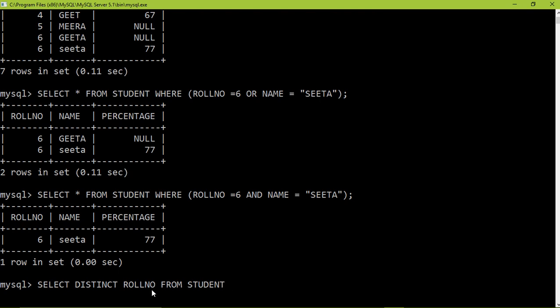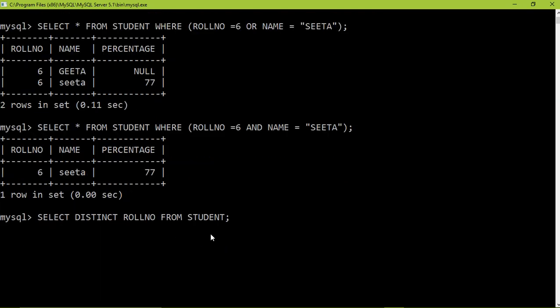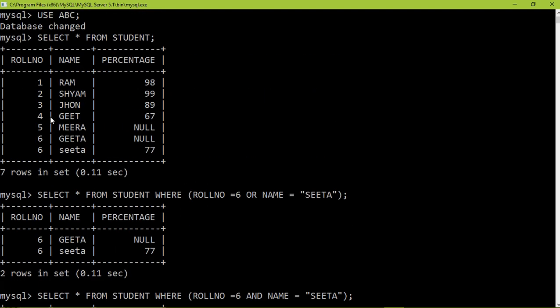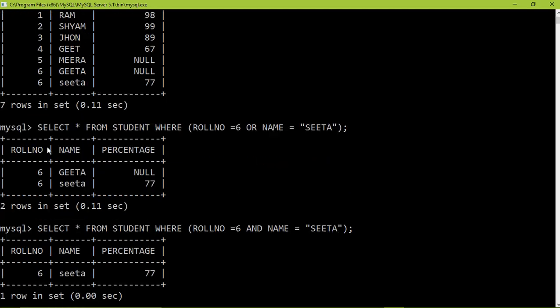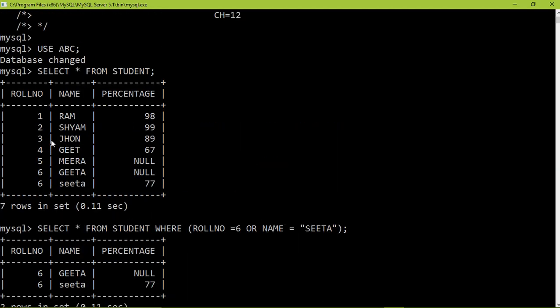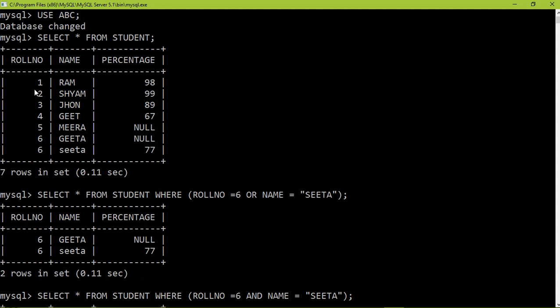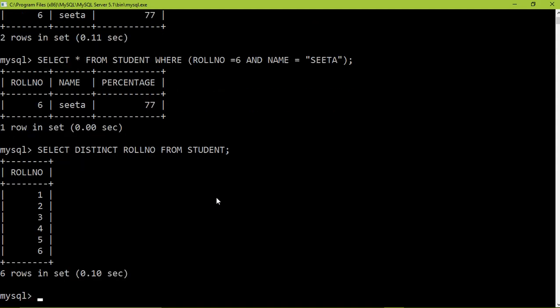What will be the outcome of it? It will give me those roll numbers that are unique. Means, see, here we have 2 times 6. So in output, when we get this roll number field, only roll number we have demanded, distinct roll numbers. So roll numbers will vary from 1 to 6. 6 will not be repeated 2 times. Fine. See, you can see the output.